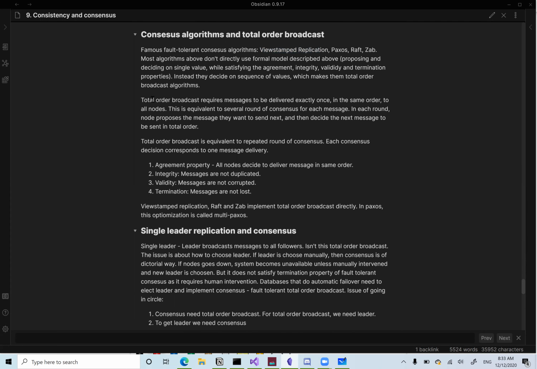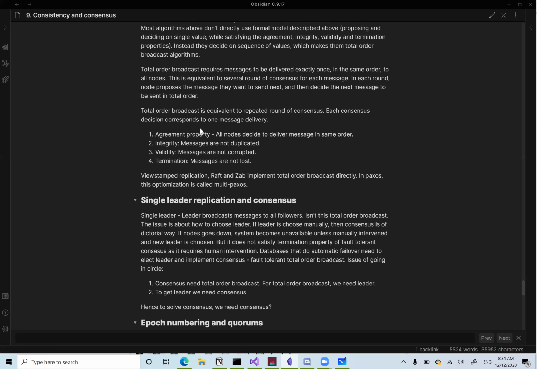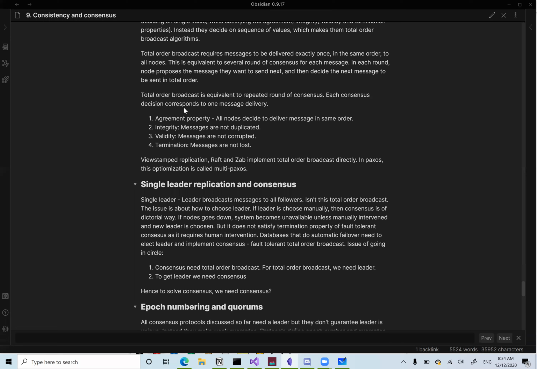Total order broadcast requires messages to be delivered exactly once in the same order to all nodes. So this is equivalent to several rounds of consensus, one for each message, right? In each round, nodes propose the message they want to send next, and then decide the next message to be sent in the total order. So total order broadcast is equivalent to repeated rounds of consensus. Each consensus decision corresponds to one message delivery,